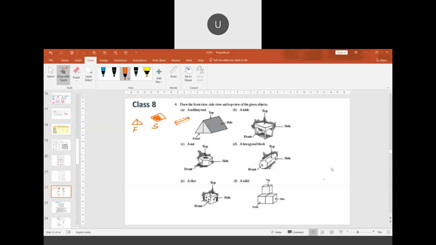Sir, how will the side view become a parallelogram? When you look from the front, it is lightly tilted, and they have given an arrow here. You have to see from the viewer's point, isn't it? When you see from here, it looks something like this only. Parallelogram. It looks like that, no?